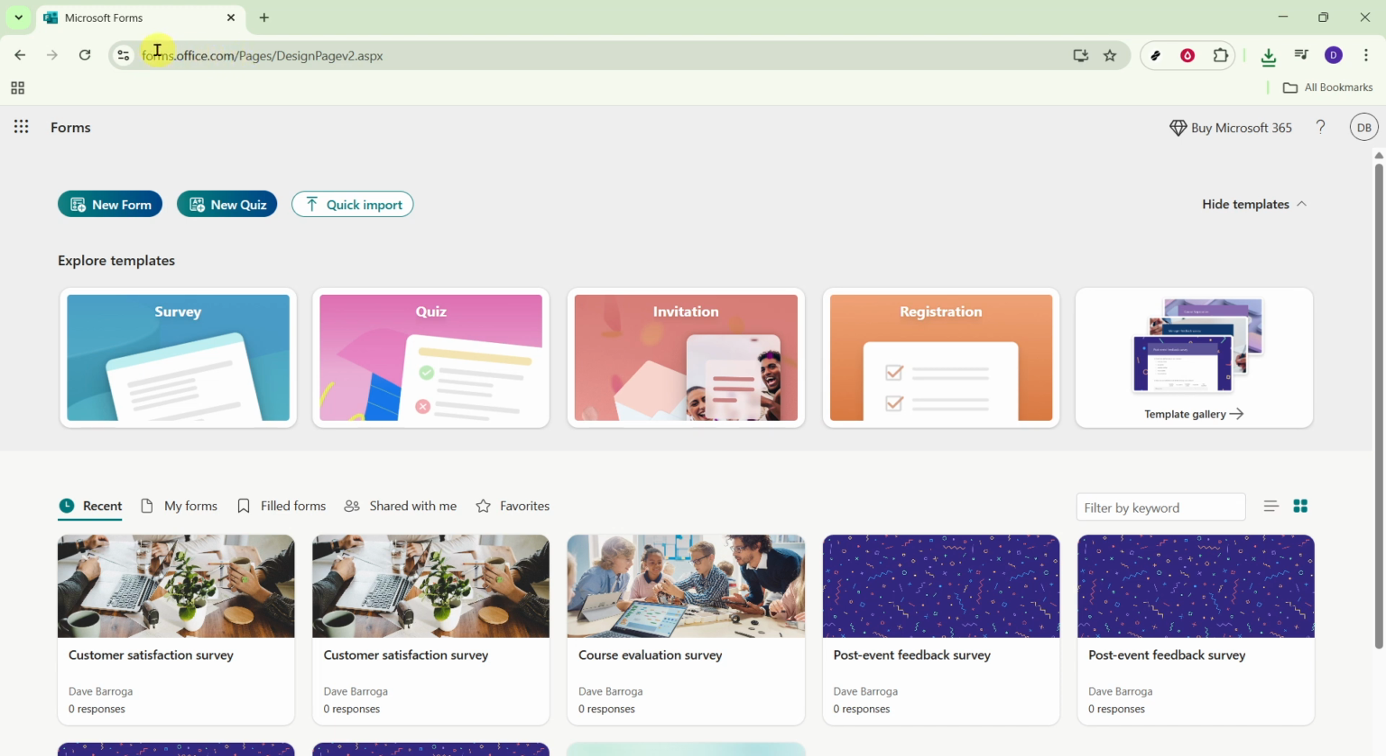Make sure you're signed in with the account you want to use, ideally your work or school Microsoft 365 account, so the licensing applies to the right organization and profile. Once you're on the Forms home or design page, give the page a second to fully load so the top